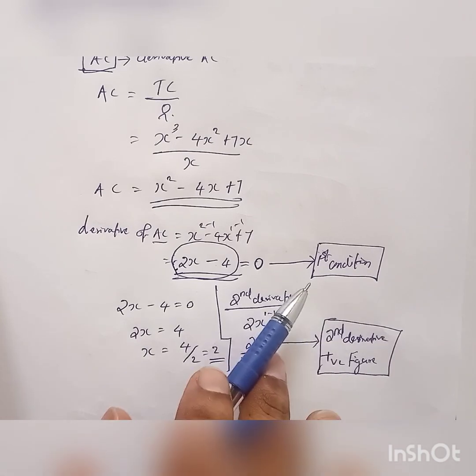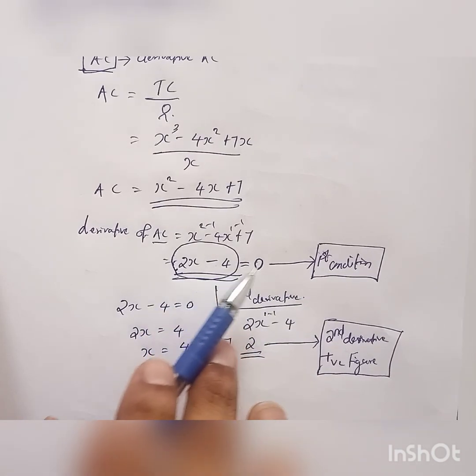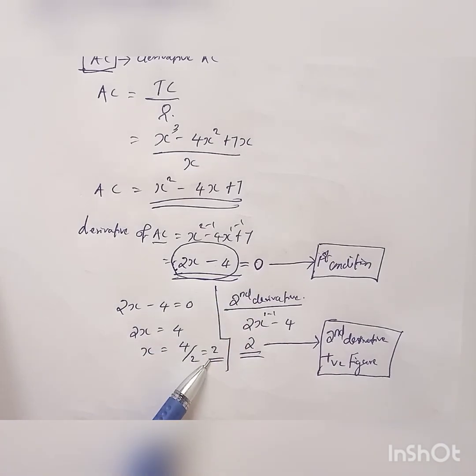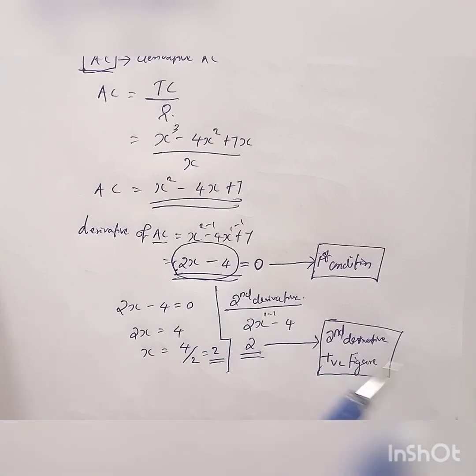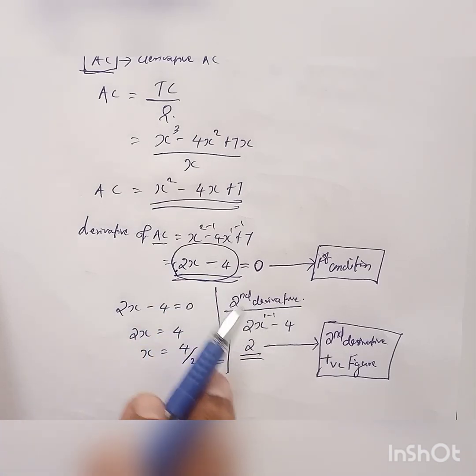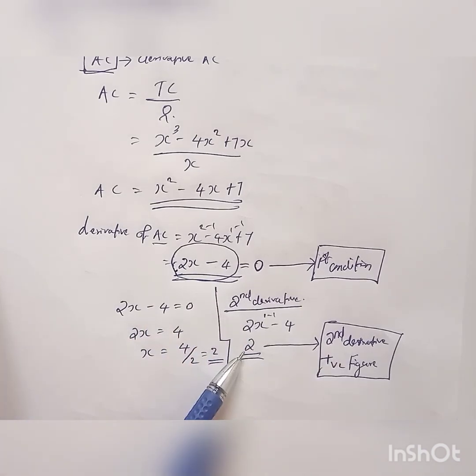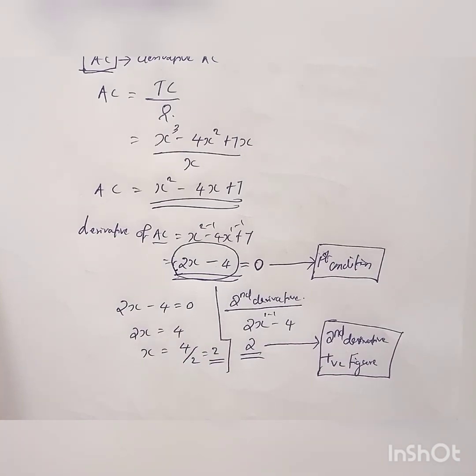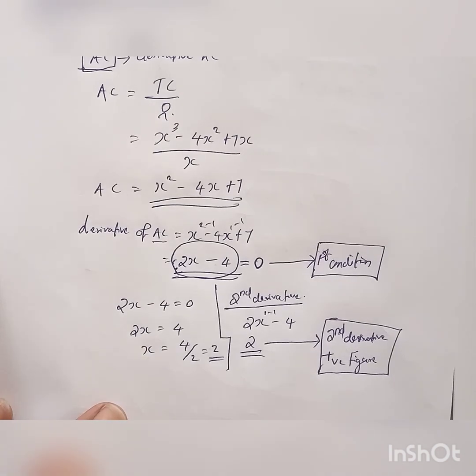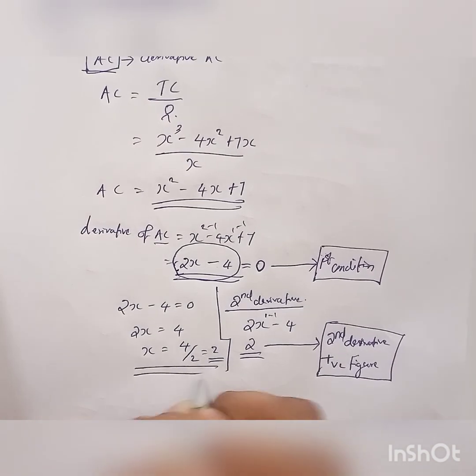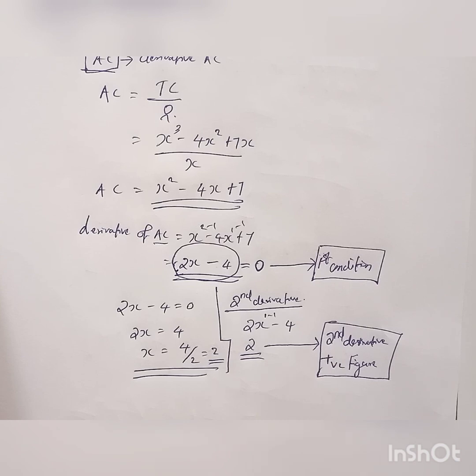So first condition, we know we have to find the derivative and the derivative value should be equal to 0. So we kept 0 here and solved, and finally we got 2. And next, the second derivative should be a positive figure. So we have taken the first derivative and found the derivative of that function, which is also positive only. So this 2 which we have got for x is minimum. So the first part of the question is over. What is the question asking about? Find at what level of output average cost is minimum. So we found that when x is 2 units, the average cost will be minimum.